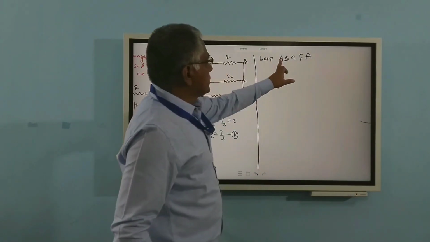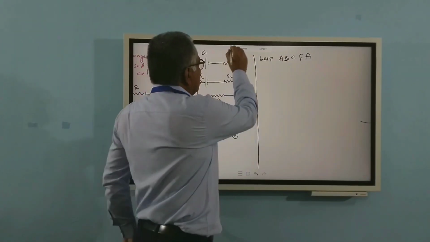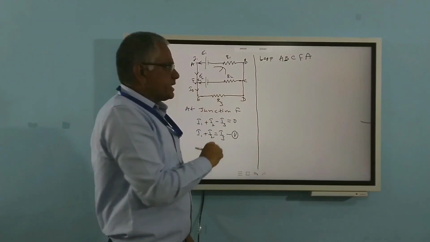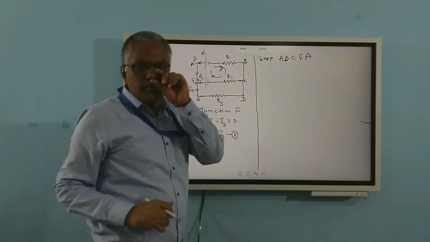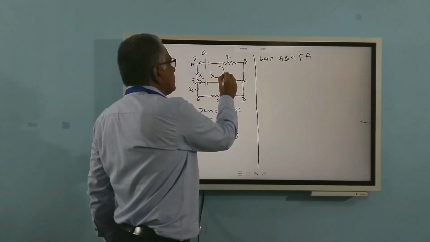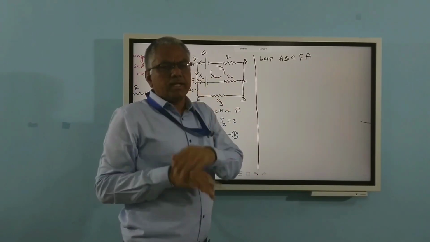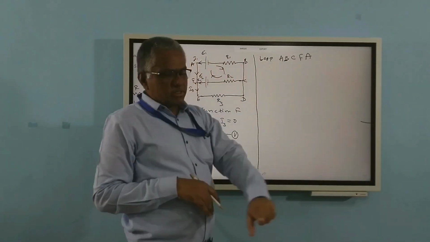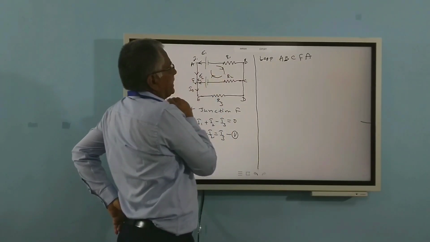Now here, we must start from A and move along any direction. Suppose I move like this, that is clockwise direction, or you can move anti-clockwise direction also. Both ways we can move, either clockwise or anti-clockwise. There is no fixed rule. Suppose if I go clockwise direction, what happens? Anti-clockwise direction also we can see, is there any change? Now let us take from point A.